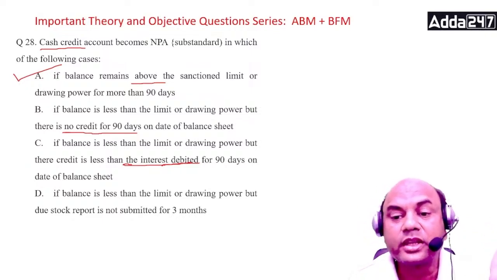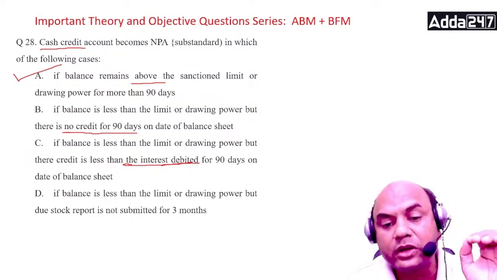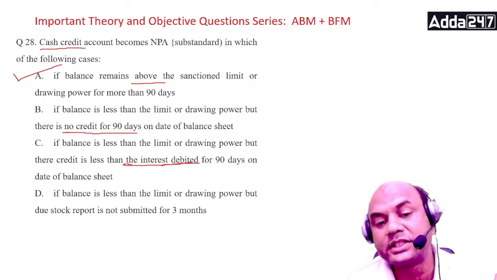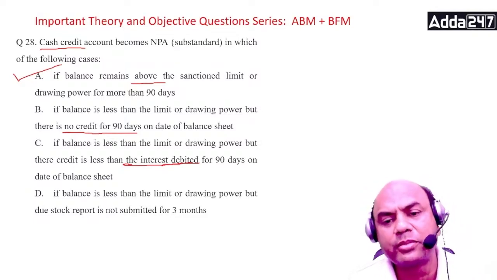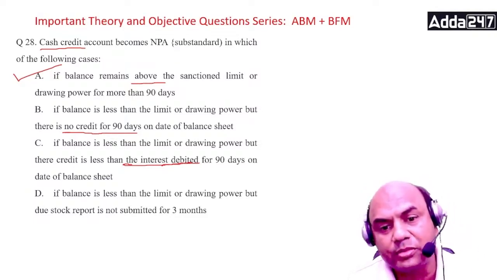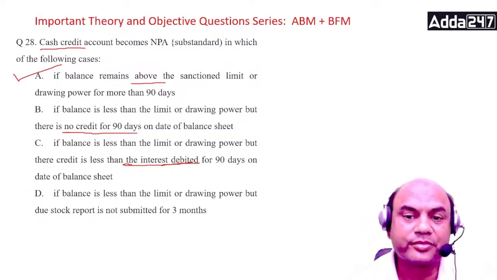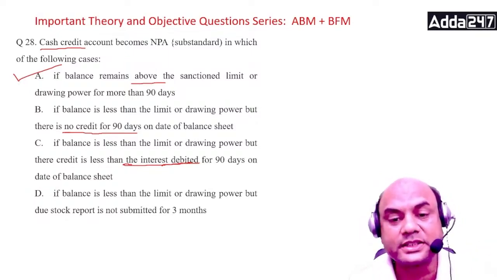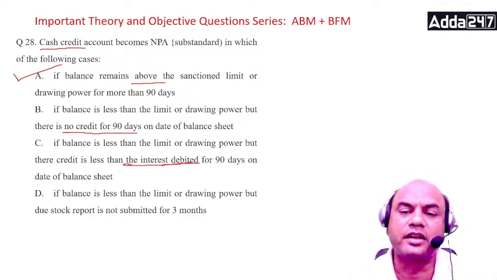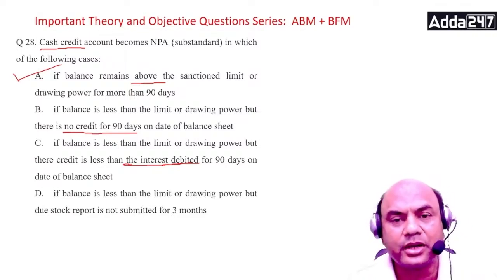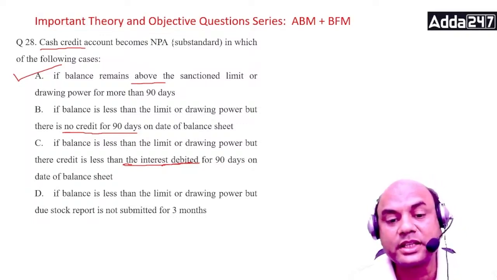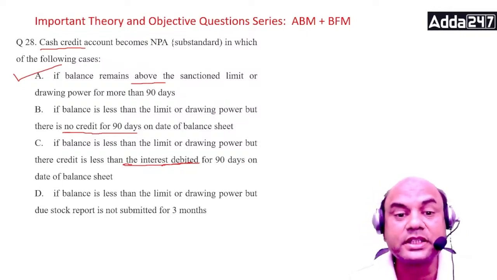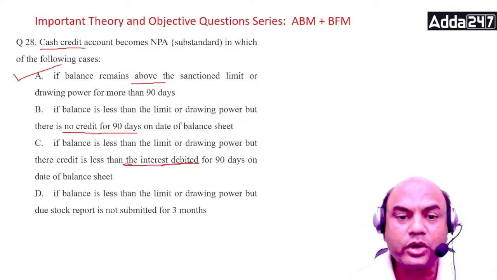In this case, you should speak to that customer and get the stock statement. It's your job to get the stock statement. If the account is within the limit but there is no credit, then it's your job to speak to that customer and get some credit. If the account is within the DP and within the limit, what are we bankers doing then? So that's why the answer is only A. This is a serious issue. You can't help A, but B, C, D you can definitely help.